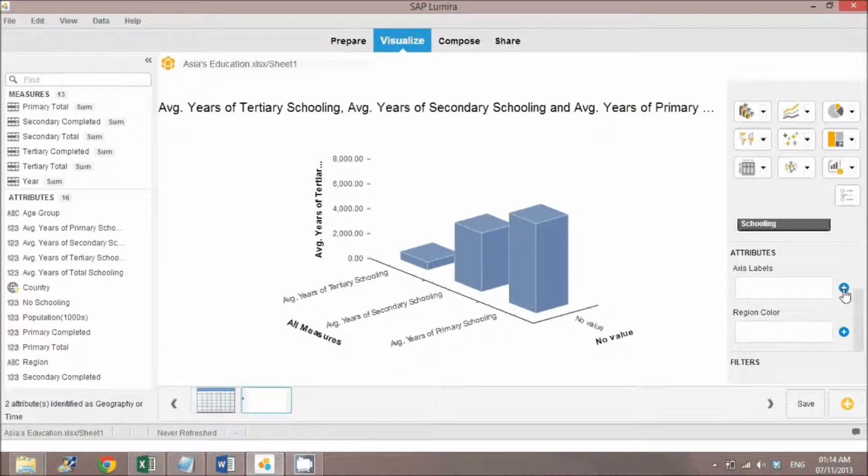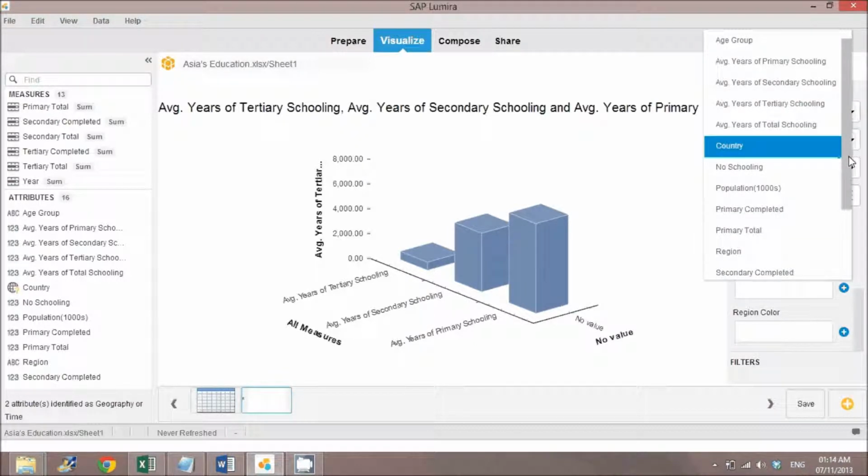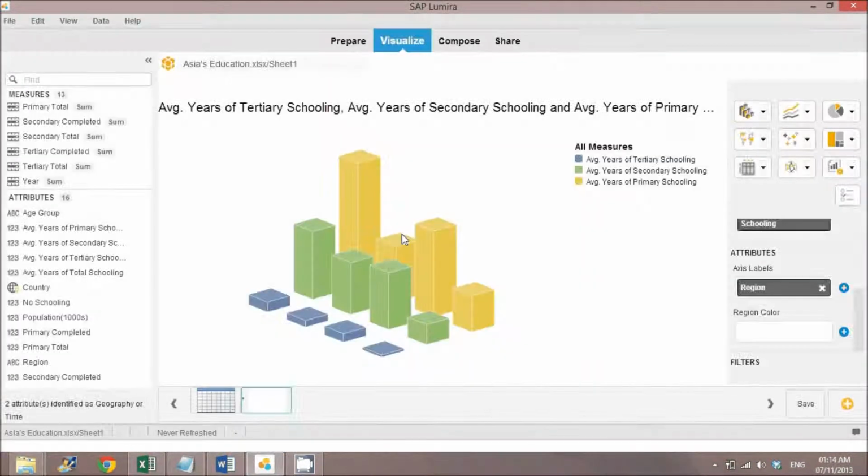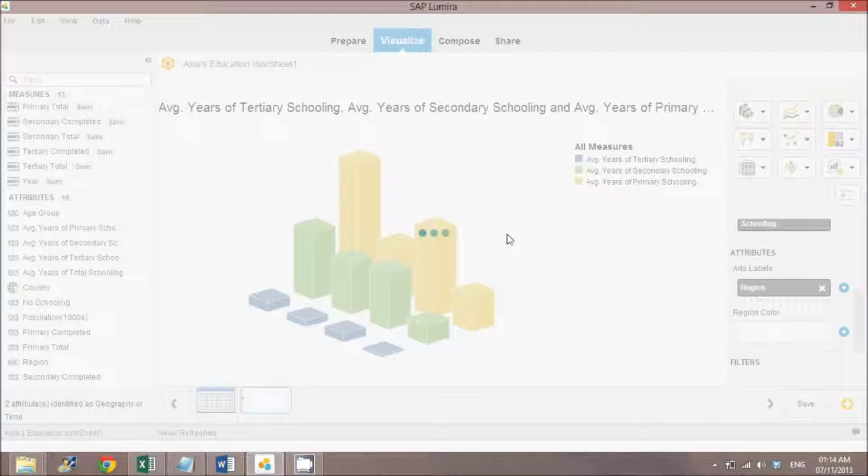Under attributes, select region. Your graph is now done. Save the process and add the new file.